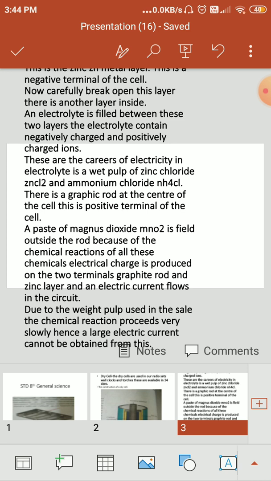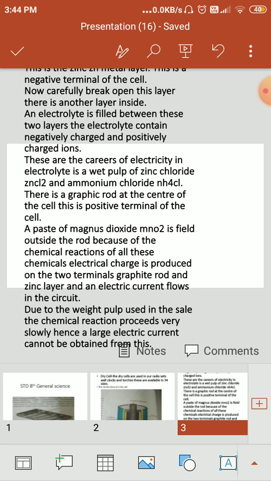Compared to an electric cell using liquid, the shelf life of a dry cell is longer. When you put a dry cell in your torch or clock, it takes a very long time to spoil, about 1 year or more. That means the shelf life of a dry cell is longer. Dry cells are very convenient to use as they can be held in any direction with respect to the ground and can be used in mobile instruments. Mobile instrument means we can move it around, and nothing happens to it. It is very safe to use a dry cell.